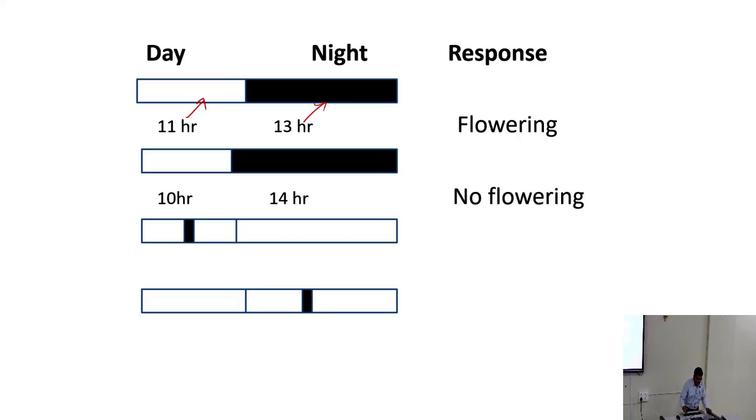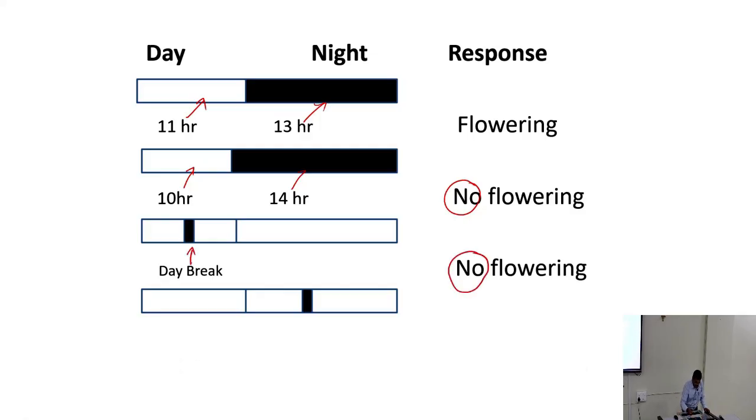Whereas in the second case, this is 10 hours of day and 14 hours of night, and you can see that there is no flowering. And in the third case, you have added something, a day break. Now what has happened? There is no flowering again. Another thing we can see here: you have added a night break, and we have seen there is flowering. Now based on this, this is a long day plant, and what is going to be its